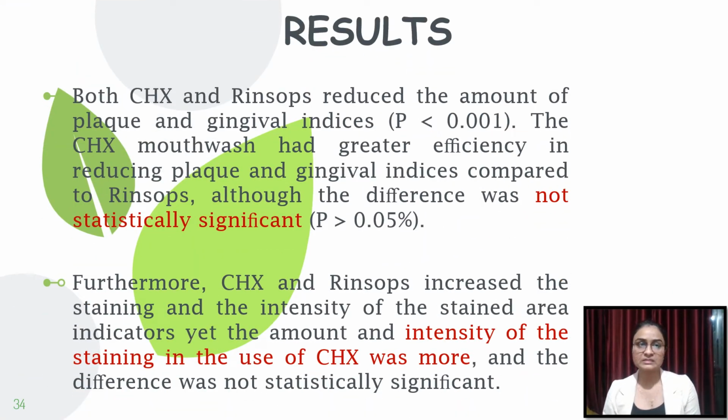The results of my study were that both chlorhexidine and Rinsops reduced the plaque and gingival indices. Chlorhexidine mouthwash has greater efficiency in reducing plaque and gingival indices compared to Rinsops, although the difference was not statistically significant. That means that Rinsops showed effective results against plaque and gingival inflammation, although it cannot compete with chlorhexidine. Furthermore, chlorhexidine and Rinsops increase the staining and intensity of stain area indicators, yet the intensity of